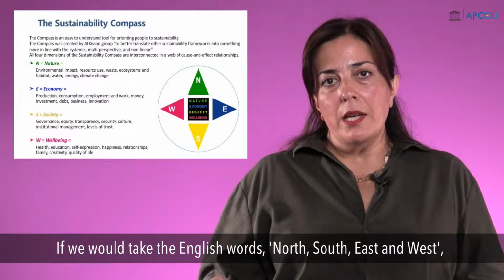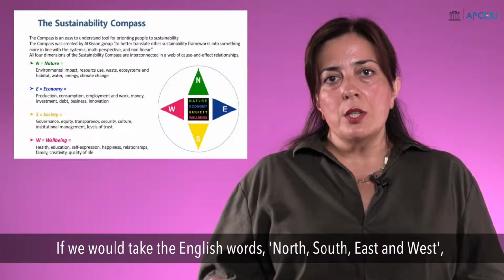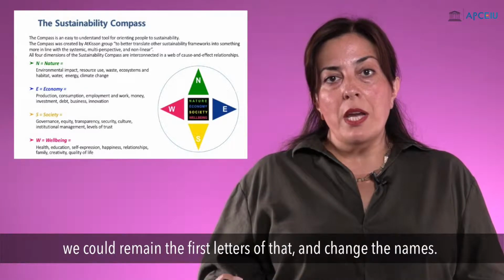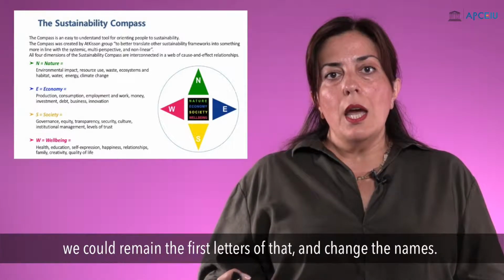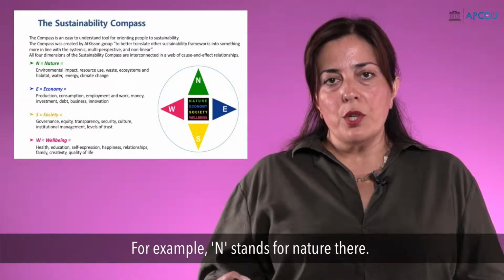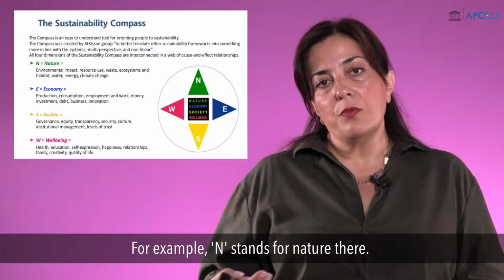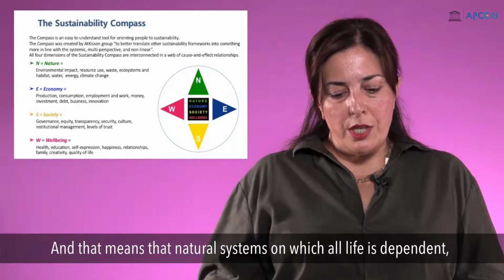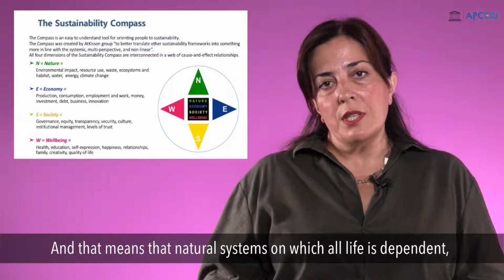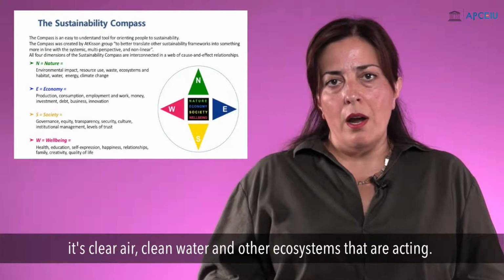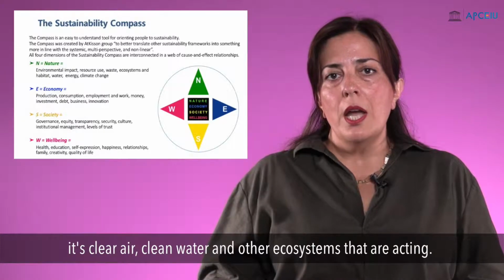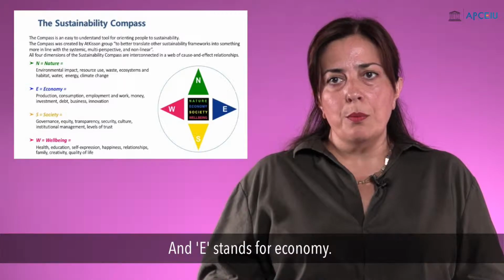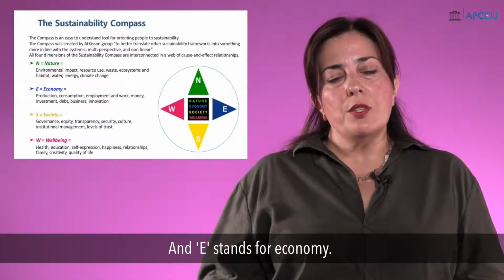If we take the English words north, south, east and west, we could retain the first letters and change the names. For example, N stands for nature, and that means the natural systems on which all life is dependent. It's clean air and clean water and other ecosystems that are acting,